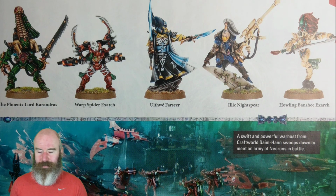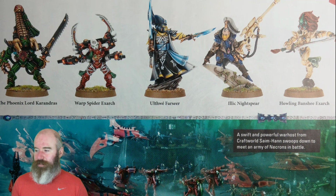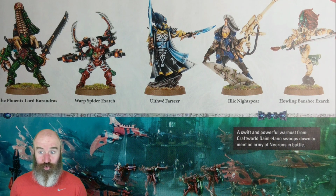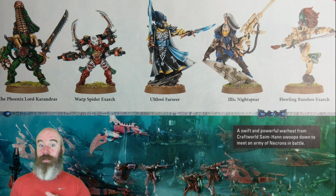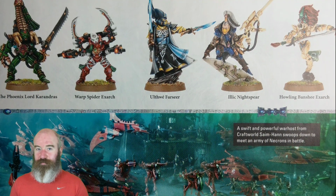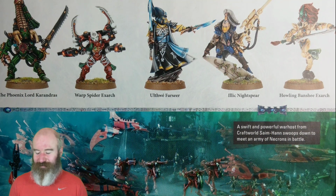Wraithbone is a material that the Eldar use. It's a psychically manipulatable material that the Eldar use in order to produce all kinds of things, their vehicles, their buildings, and these constructs are basically warriors that just need a Spirit Stone placed onto them, and then they can become activated. It's basically like the soul of the departed operating that as a kind of a suit of